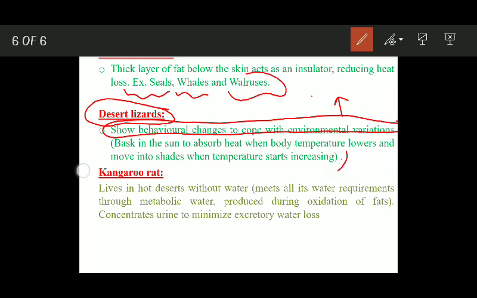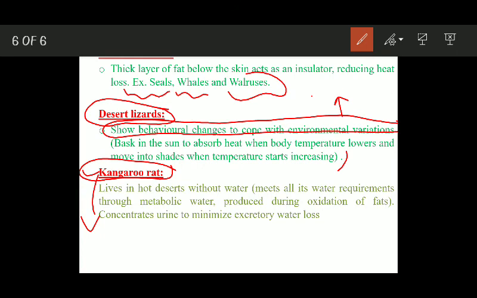And finally, the kangaroo rat. It is the paragon of ecological adaptations that enable organisms to live in extreme dry conditions. This organism lives in hot deserts without water, and it is believed that this organism meets all its water requirements through the metabolic water which is produced during oxidation